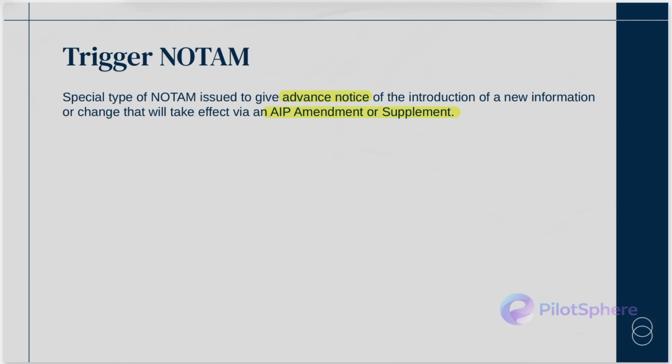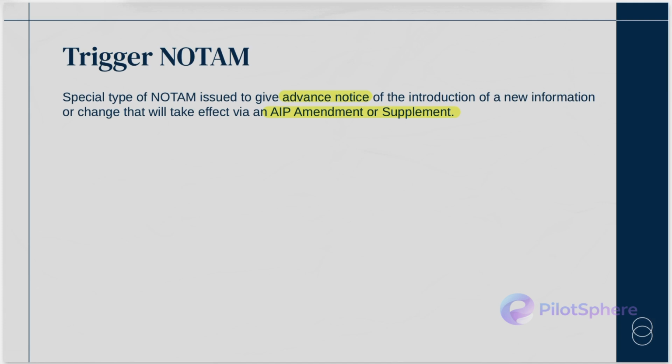Because we, the pilots ourselves, flight crew, and even the dispatch and operations team, we're not really going through the AIP amendments or supplements. We're not checking through that fat booklet to make sure that everything is being complied with. And we do not track all the amendments or changes that are made every cycle. So pilots, however, do check the NOTAMs before the flights. We will always take a look at the NOTAMs for our airport where we're going and anything that is there on route. Trigger NOTAM helps us be aware of any new procedures or changes that are going to be coming soon before they formally take effect.